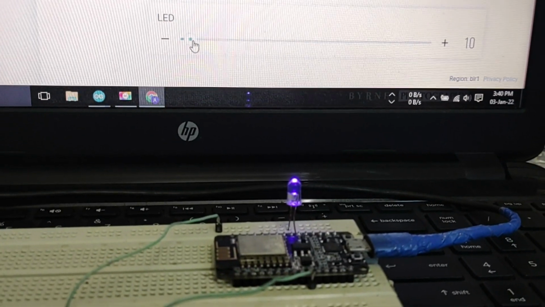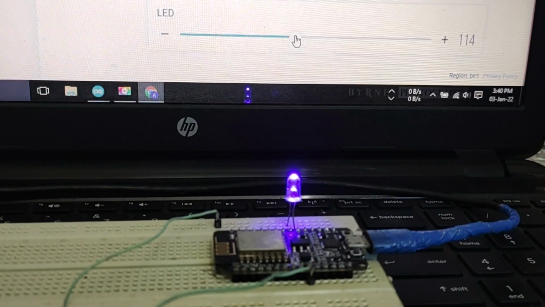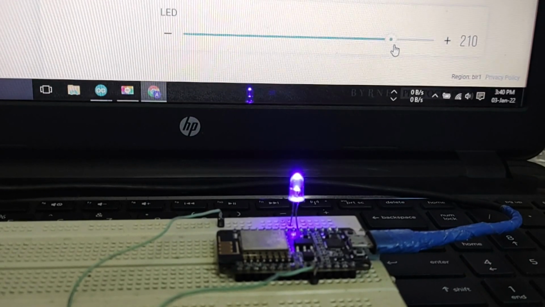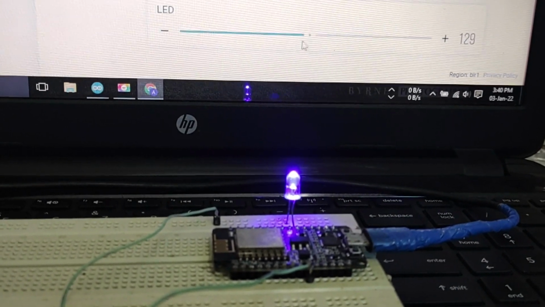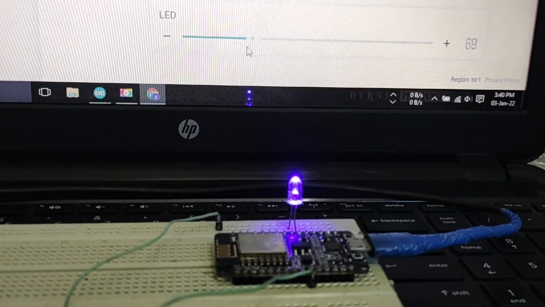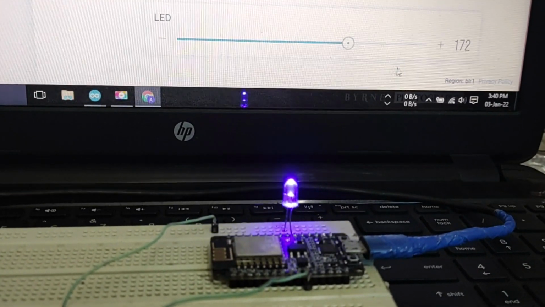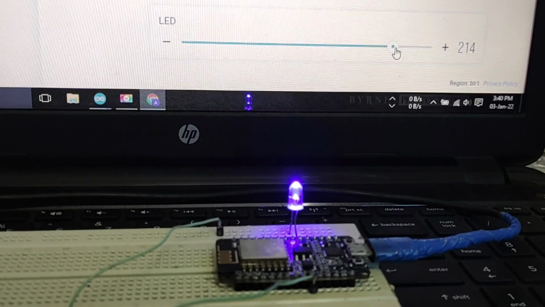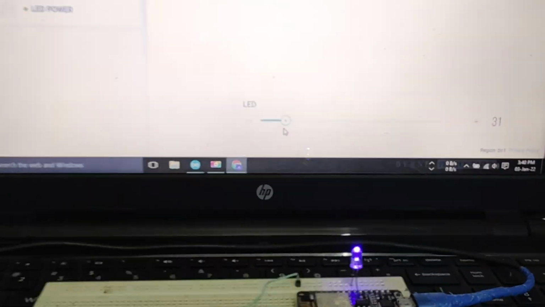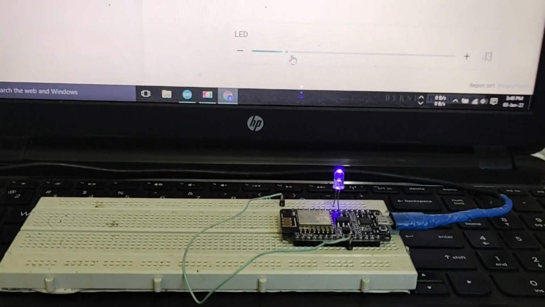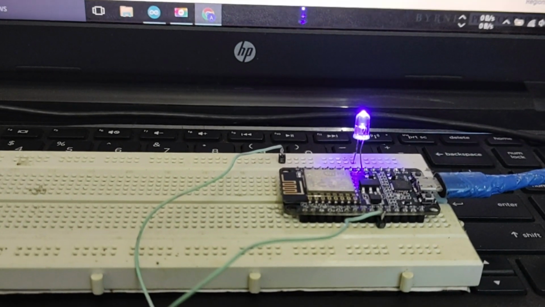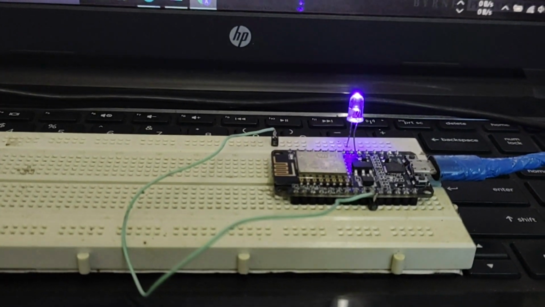You can also control it from your smartphone. So you just download your Blynk app, Blynk IoT, and set it up. Okay, if you don't know how to set it up on mobile, you just see my previous video, so you learn how you can set it up. In our next video, I will show you how you can use a motor with this ESP8266, and you are controlling the direction of the motor and the speed of the motor also.